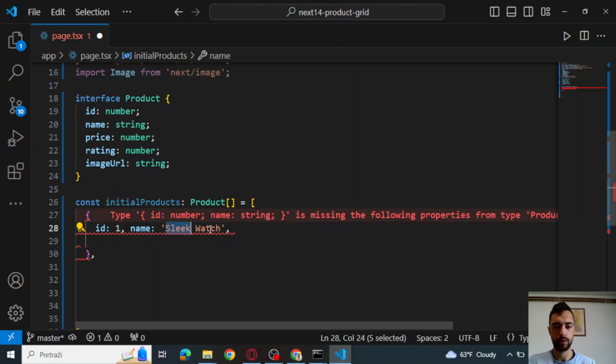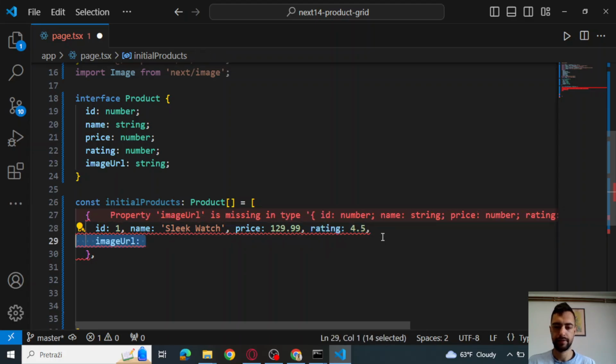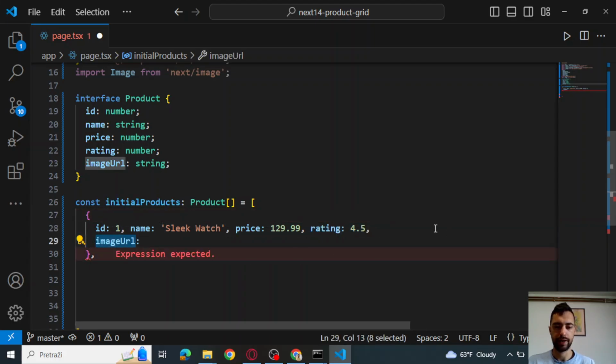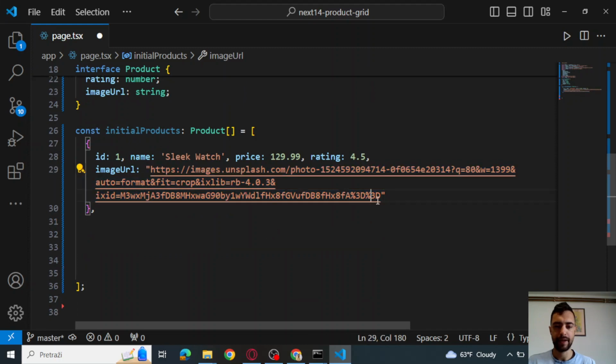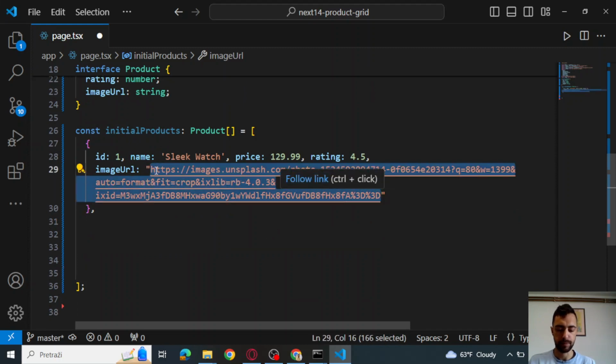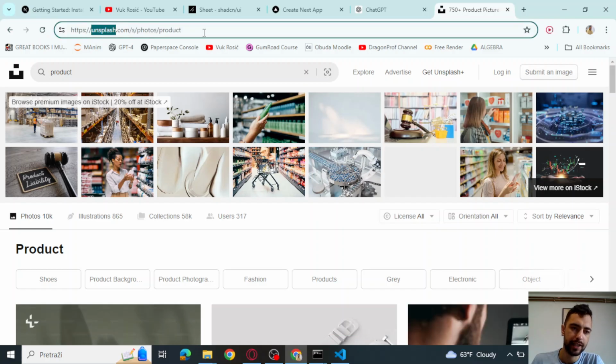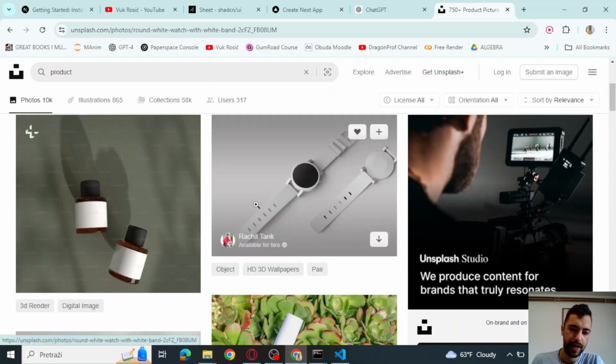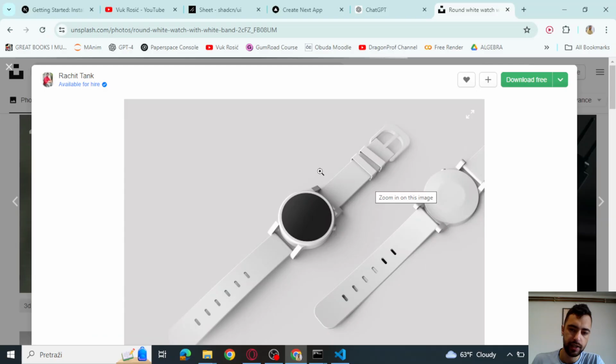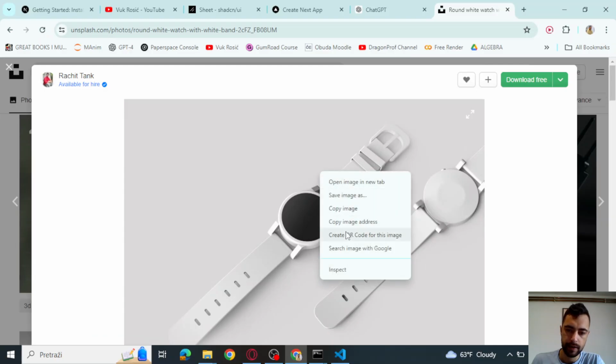Name: sleek watch, price $129.99, rating 4.5, and then image URL. So I found this image on Unsplash. If you go to unsplash.com and you pick any kind of image, you can just right click and copy image address and then